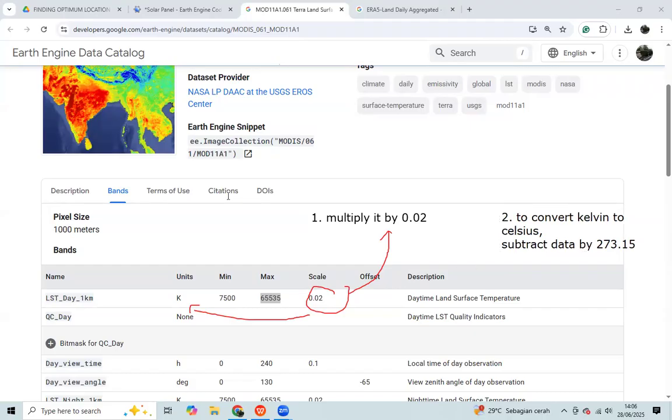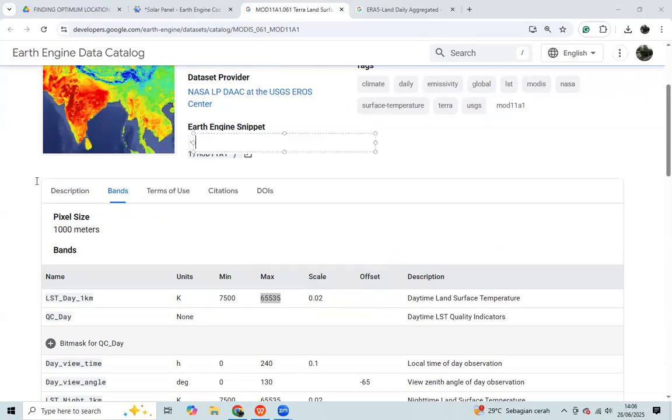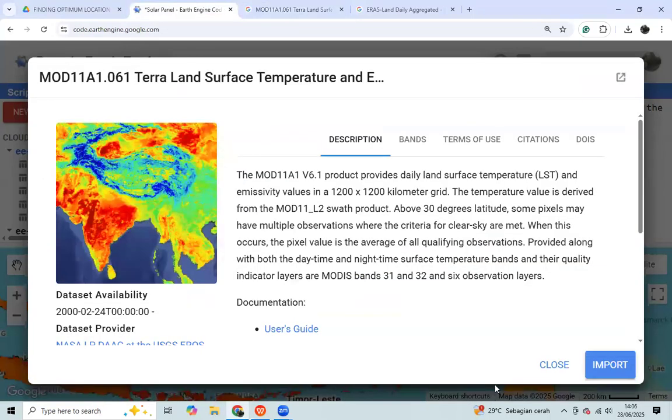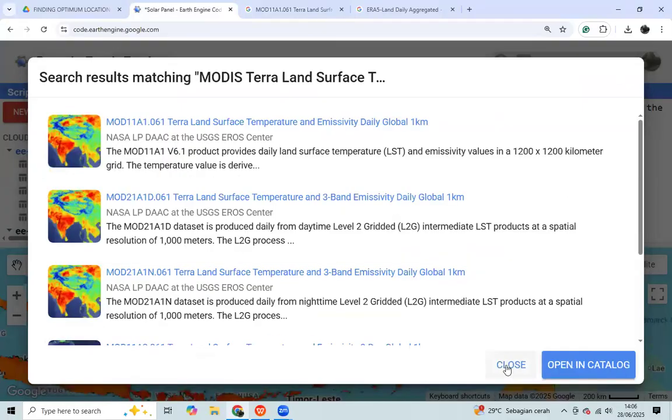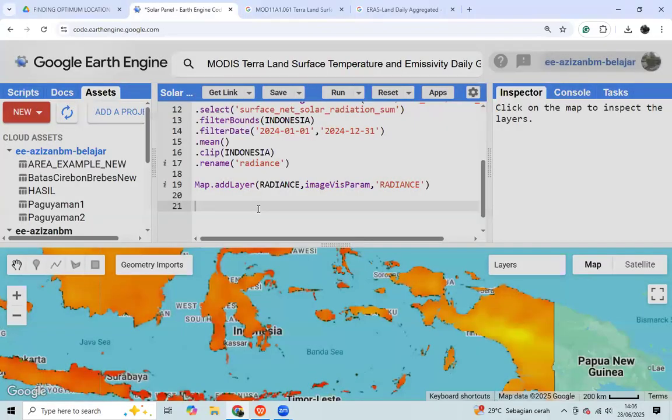Okay, how do we do it? First, we copy the search engine snippet, copy, and go to the worksheet. Okay, close.